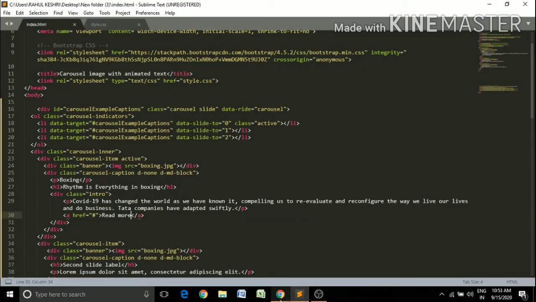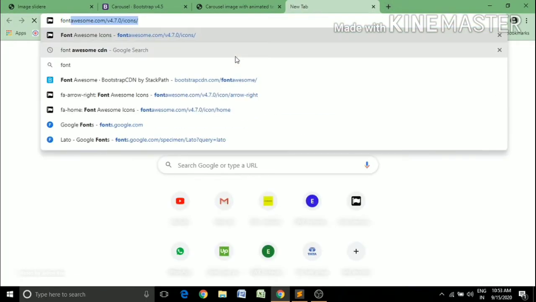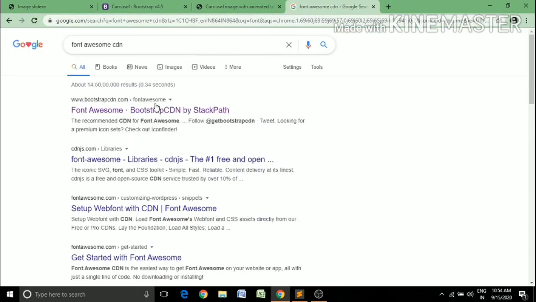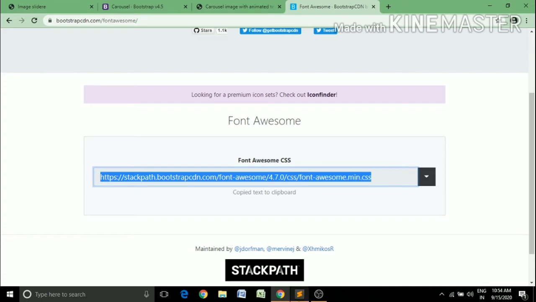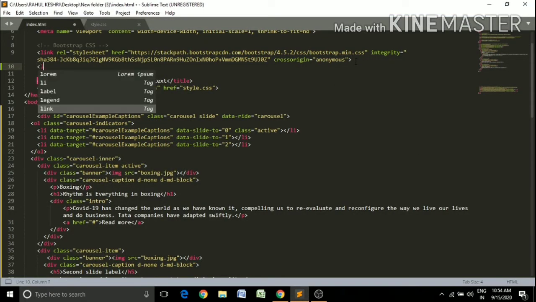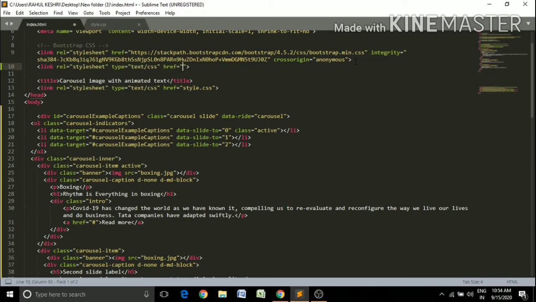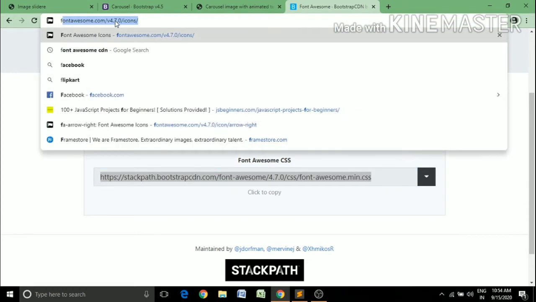So firstly I just type font awesome CDN in the browser, click on the first link, and then copy it, and by using a link tag paste it over the href attribute. Now again move to the browser and search font awesome icon.